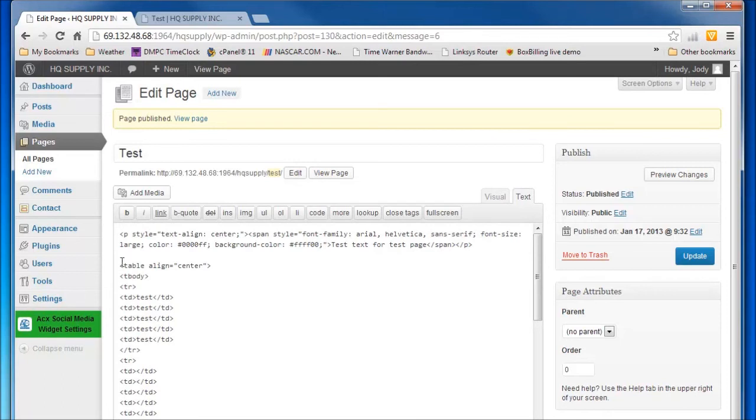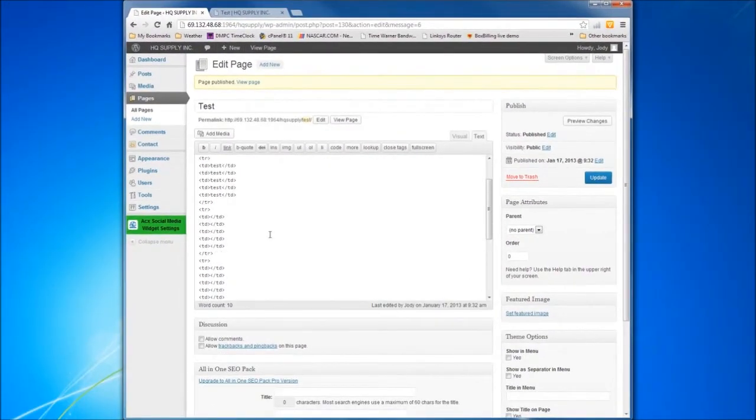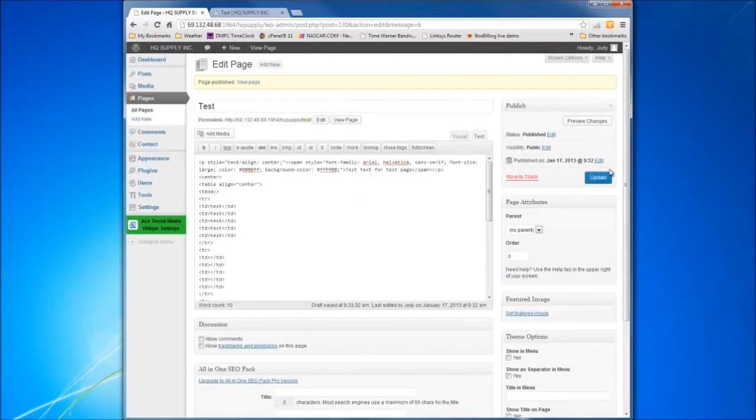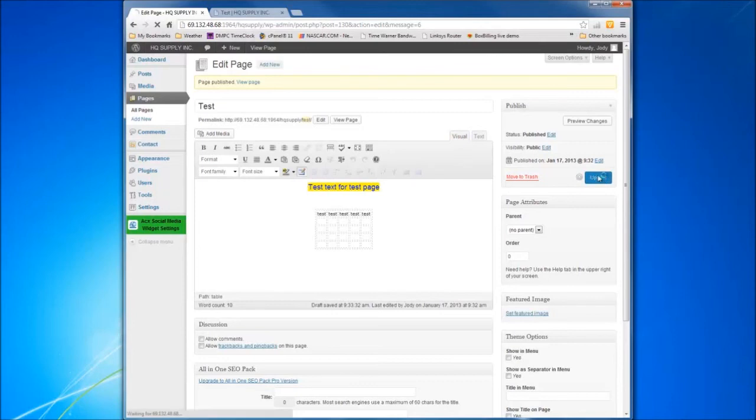So if you'll go in to the text and just add this HTML tag, it's just center, it's just the arrow to the left, then you type center and put an arrow to the right and go down below the table area right here, and you would add the less than sign again with the slash, and this is a closing tag is what it's called, and then you would type center again and put the greater than sign there, and then you can go back to your visual editor and you click update the page again, and that should